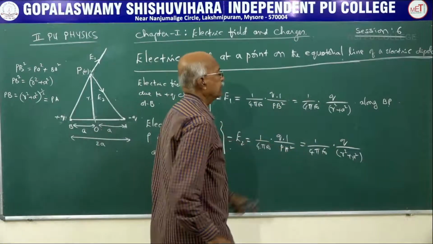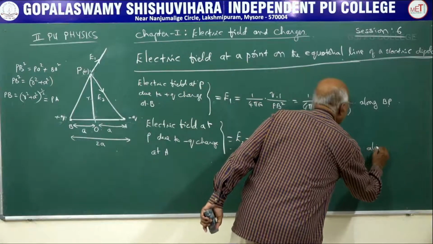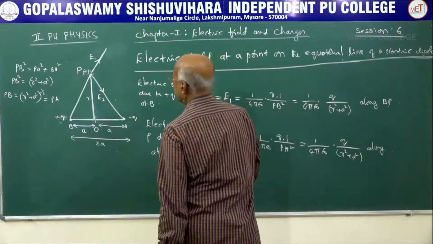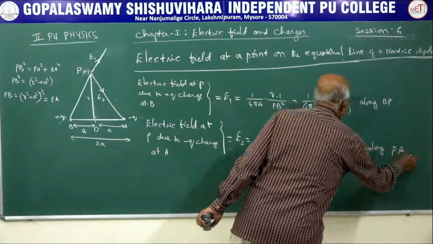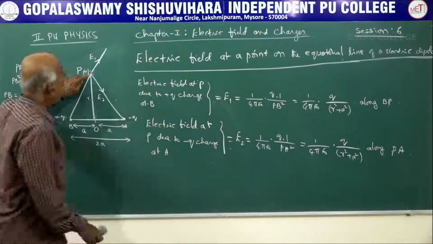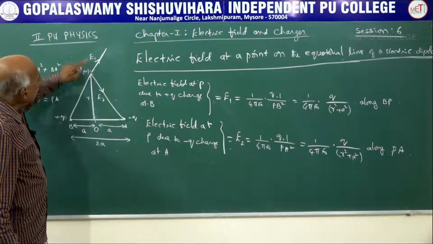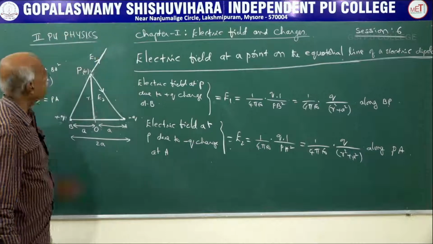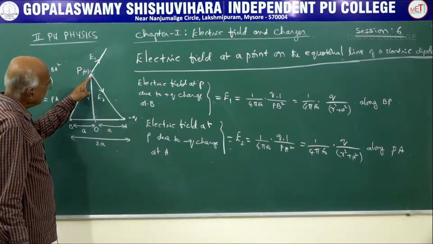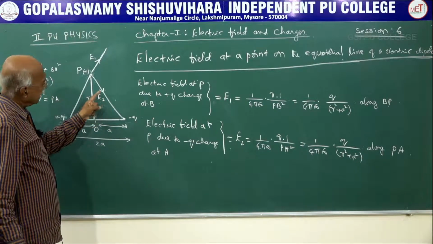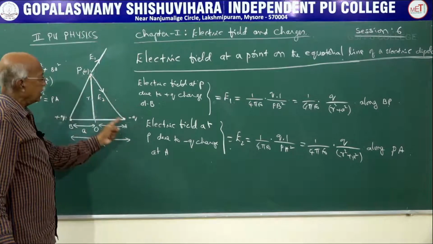...whole to the power of 2. Therefore, this is the value of the electric field available. This will be acting along the direction PL. Now, at the point P, E1 tries to pull this along its direction. At the same point P, the electric field E2 will be dragging this along this direction.